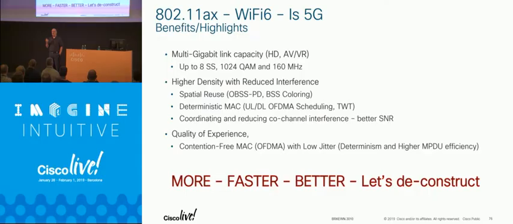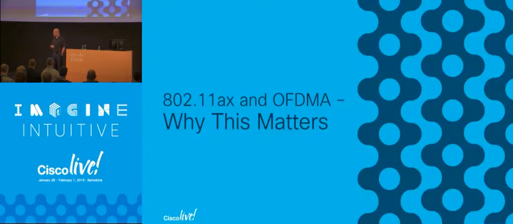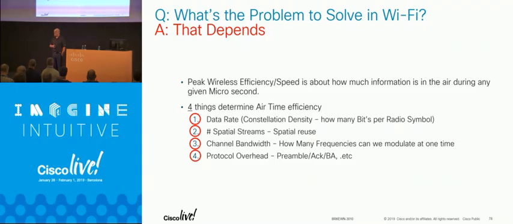So how many of you have heard about or read through OFDMA? How many of you have looked at one of those white papers and gone, what? Okay, I did. I was like, boy, that sounds really smart. It's got to be right. I don't know why, though. We're promising multi-gigabit capacity, higher density, less interference, more determinism, better battery life. That's a whole host of problems to fixing what's wrong with Wi-Fi. OFDMA is the big star here. That depends as a target.